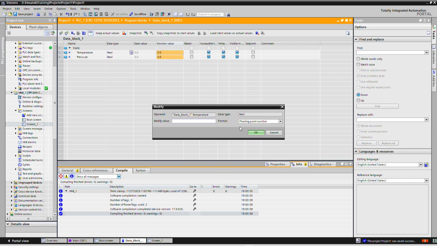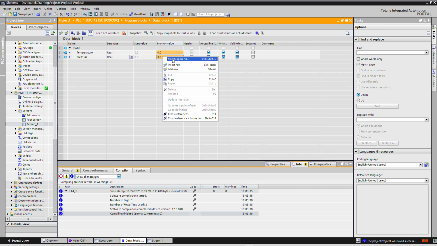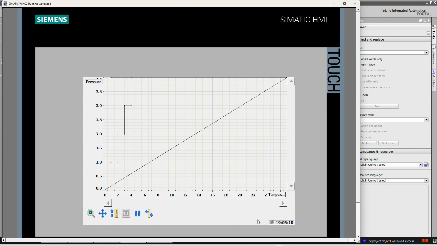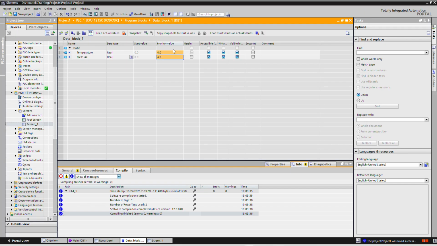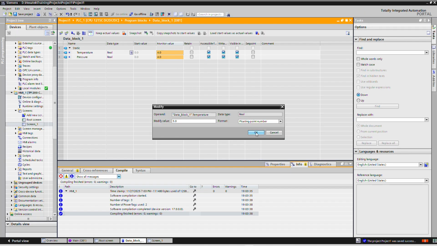If we set 4 temperature, pressure 4. So here you can see when pressure was 1, temperature was also 1. When temperature was 2, pressure went to 2. So like this, if we change here again 5, 5,